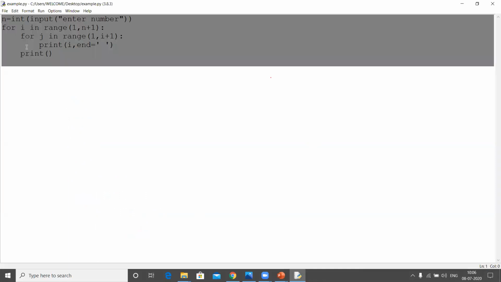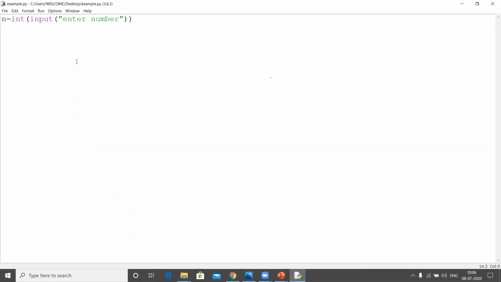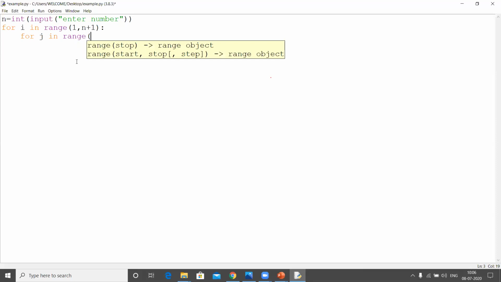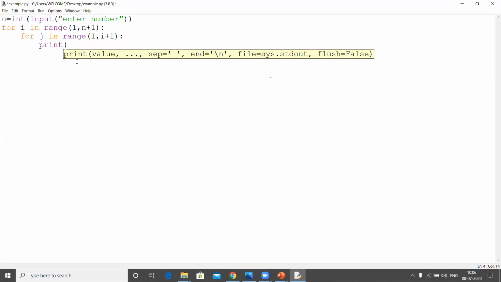I need to read the number of rows, then for i in range of 1 comma n plus 1, which is the number of rows, and for j in range from 1 up to i. But this time you don't print i, you print the j value: print j comma end equals space.